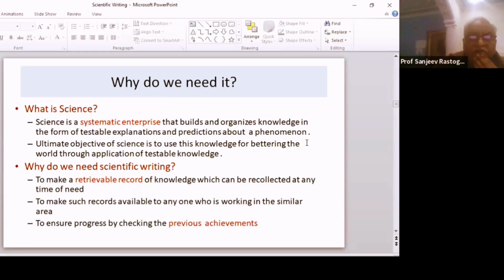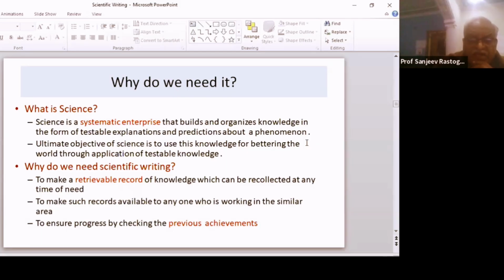So whatever experiment we are doing, whatever clinical trials we are doing, we are publishing it, and what is the purpose? The purpose is to improve the quality of the practice or improve the quality of life of the people who belong to our society. So unless this objective is fulfilled, it would not be science. Science should always be thinking of making a better society.